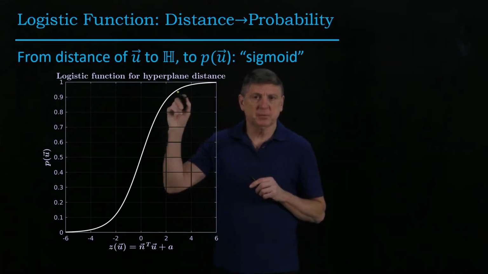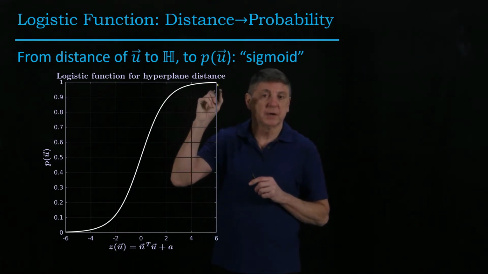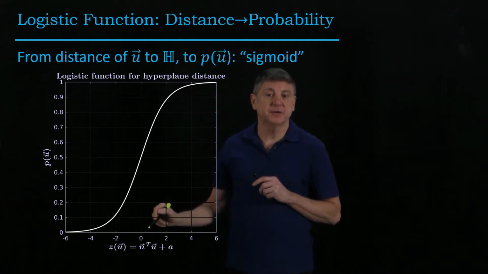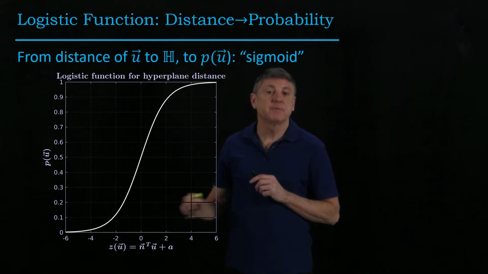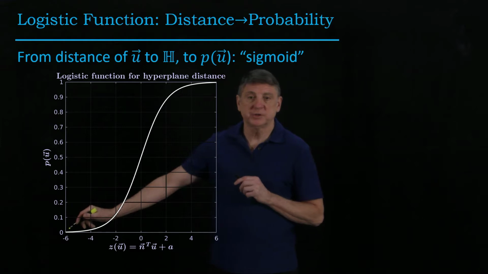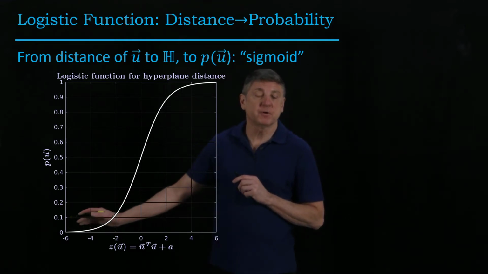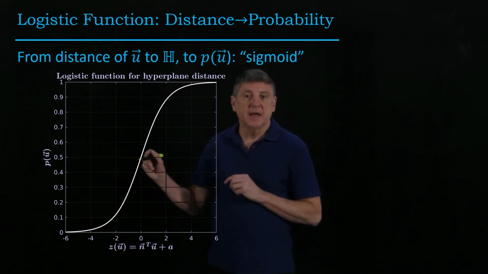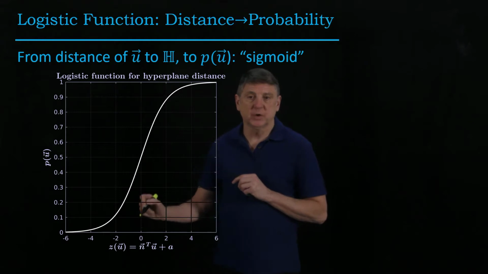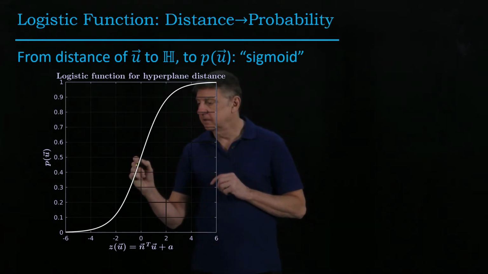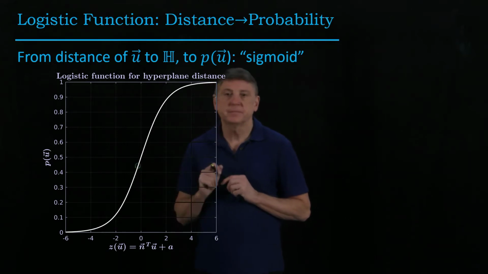It asymptotically approaches 1 as the score becomes very high, and the score becomes very high when the vector u that we're exploring is far away from the hyperplane. The probability asymptotically approaches 0 as that point u gets farther and farther away from the hyperplane h that we're exploring. And when the score is 0, we can see that the probability is